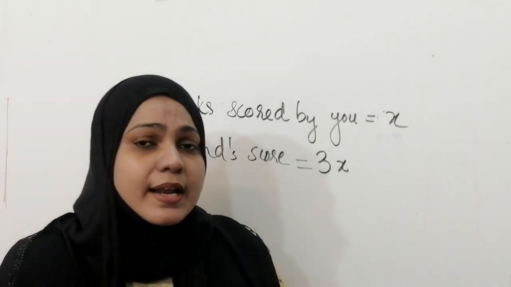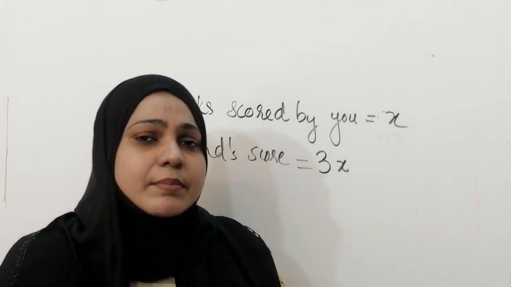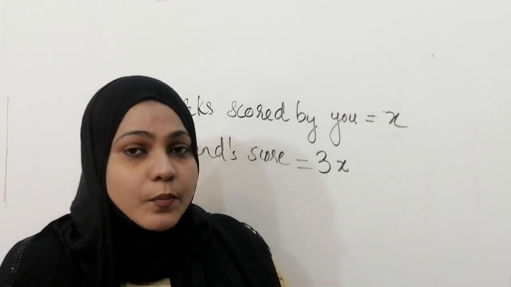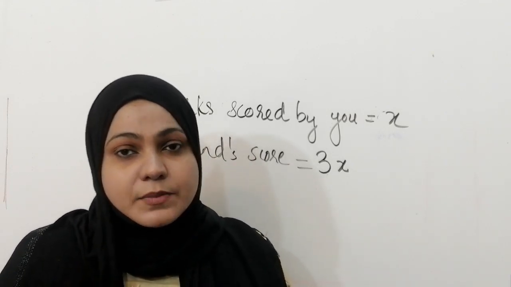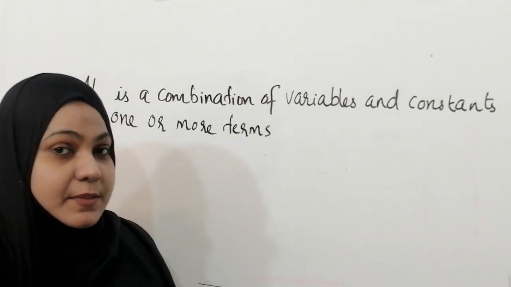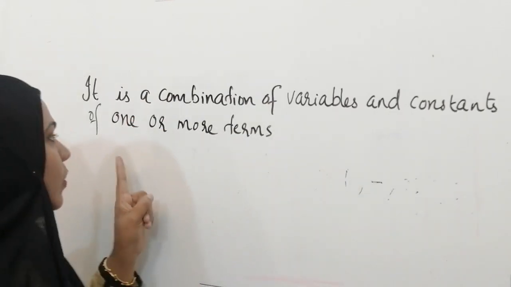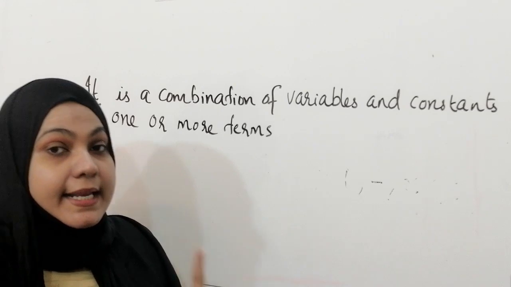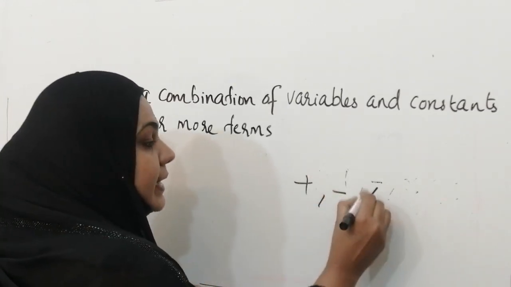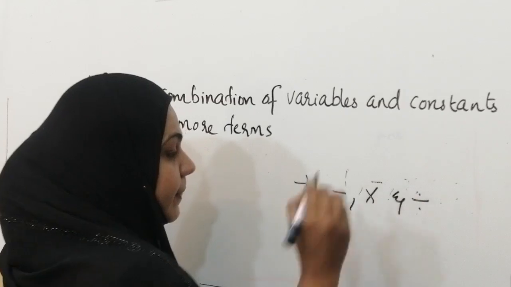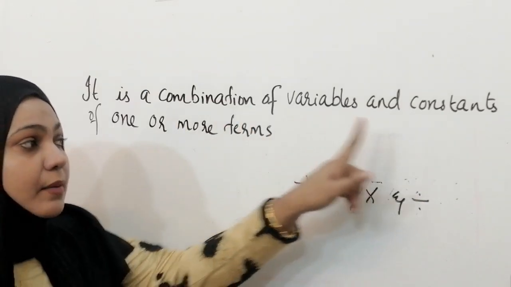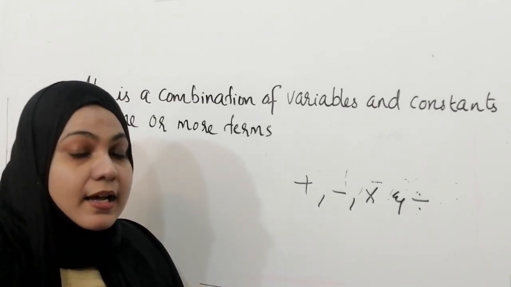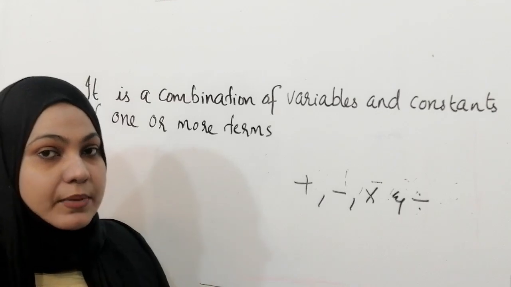Did you get any point of what algebraic expressions are? Yes, of course, you got something related to algebraic expressions. Don't worry, when we move on to the further topics, you will get a clear picture of algebraic expressions. So let's see what an algebraic expression is. It's a combination of variables and constants of one or more terms along with algebraic operations like addition, subtraction, multiplication and division. You might know what variables and constants are. Don't worry, I will explain in detail, because you have already learned in 7th standard in the simplification chapter.